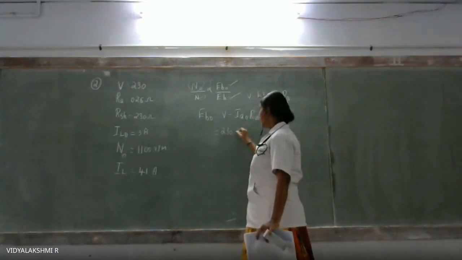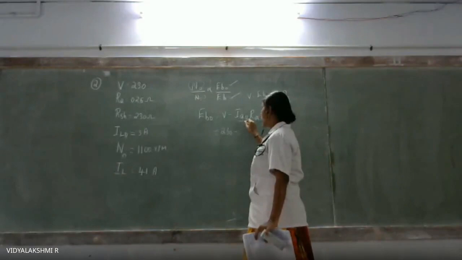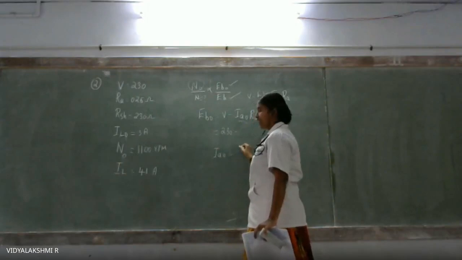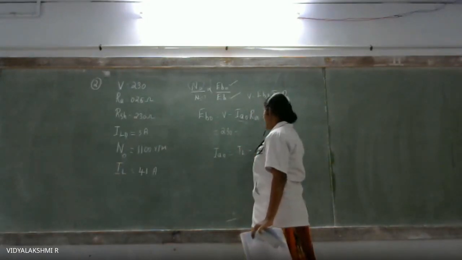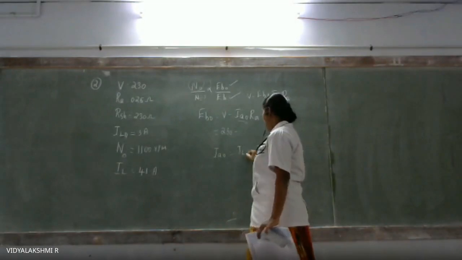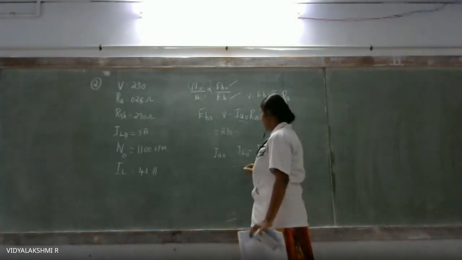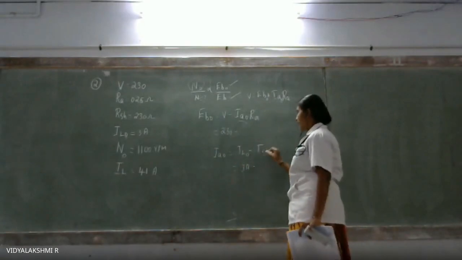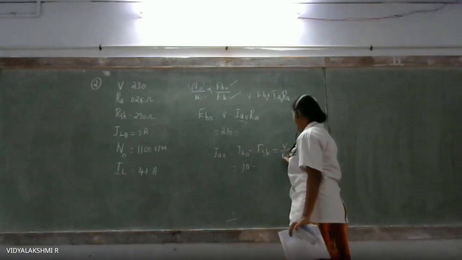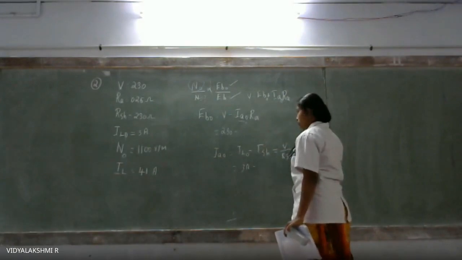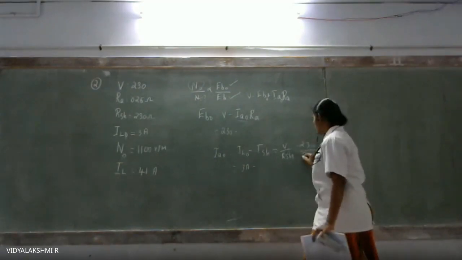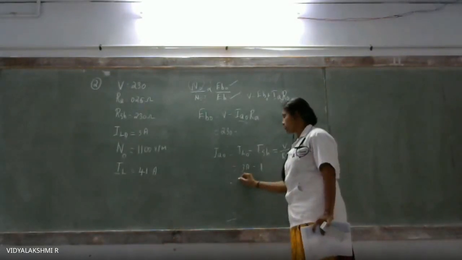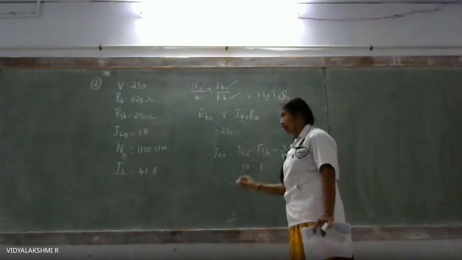So now V is equal to 230 and then I'm going to find out IA. I don't know the IA naught value, so I have to find out the IA naught. We know that IA is equal to IL minus ISH. So IL naught is given as 3 amps. You have to find out ISH. ISH is nothing but V by RSH. What is V? V is equal to 230. My RSH is equal to 230. So from this I can write it as 1 amp. So 3 A minus 1 amp is equal to 2 amps. My IA naught is equal to 2 amps. Yes?